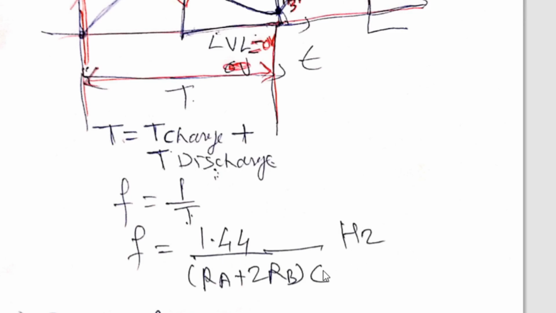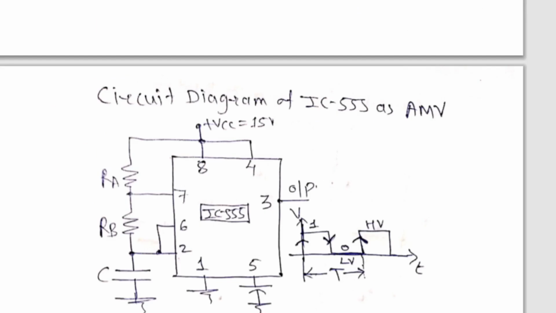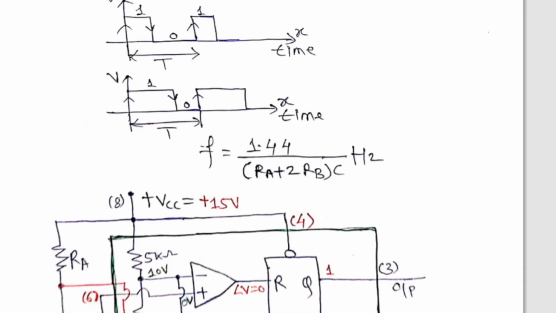And this is the formula. Again, look at this formula. In this formula, RA is there and 2 times RB. Why is there a 2 times RB? The RB is 2 times because while charging, RB plays a role, as well as while discharging, RB plays a role. RA is only one time because